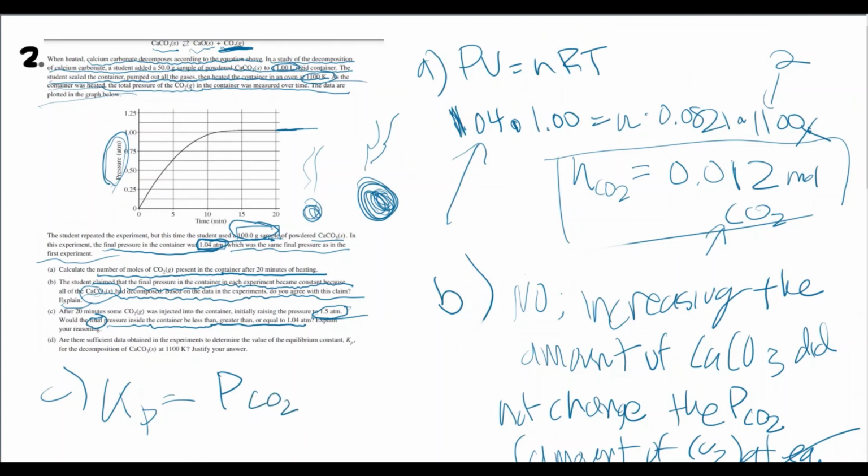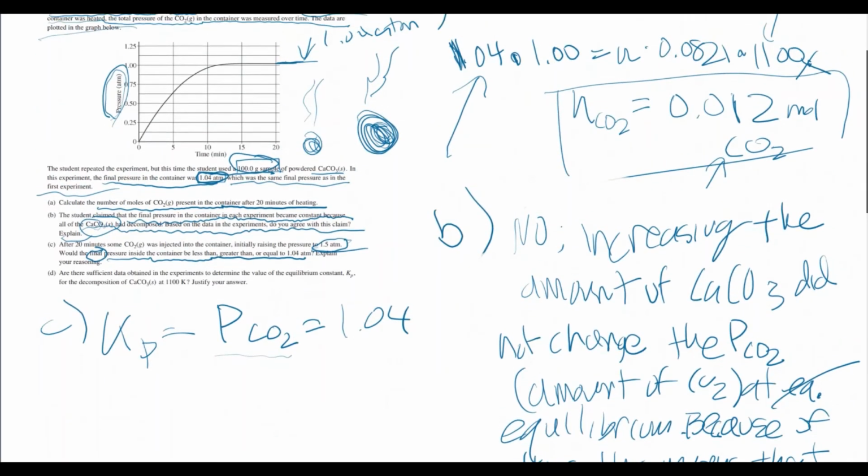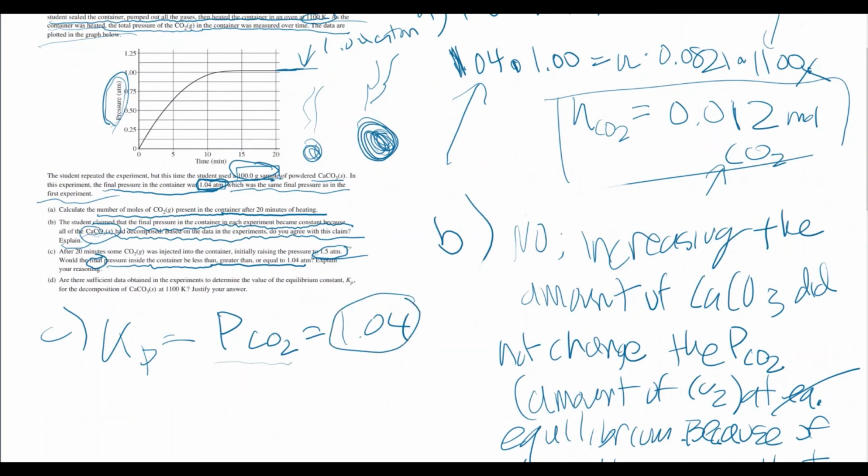And it seems like at equilibrium, the partial pressure of CO2 is 1.04 atmospheres. Therefore, since the partial pressure of CO2 is 1.04, this means that the Kp must be 1.04. So any K greater than 1.04 will cause the reaction to go backwards to reduce the pressure. So I would say that the final pressure